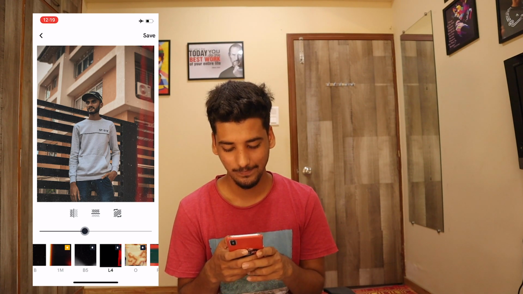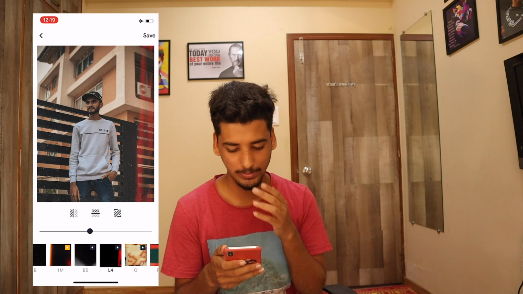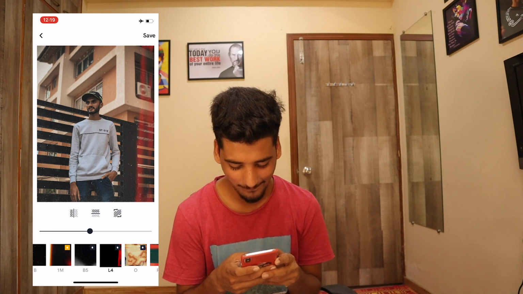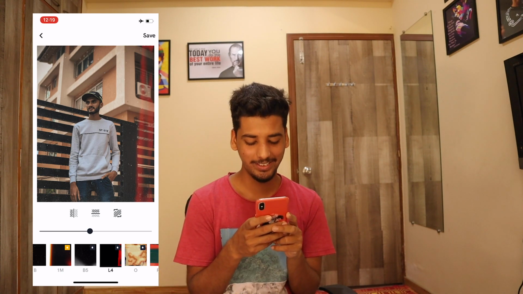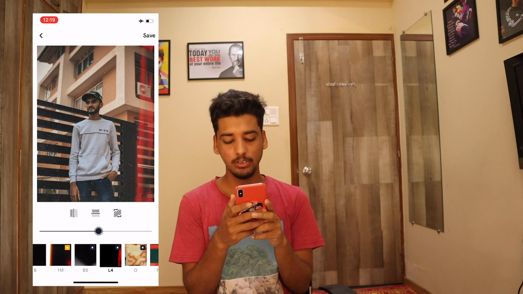Even I had clicked the same picture, I had put it on my personal account, but I didn't like my picture, but his picture is better, I guess, than mine, because his outfit basically suits the background, you know, the cap, the white t-shirt and all. So that's why this picture looks better. I don't look that great. Just kidding.